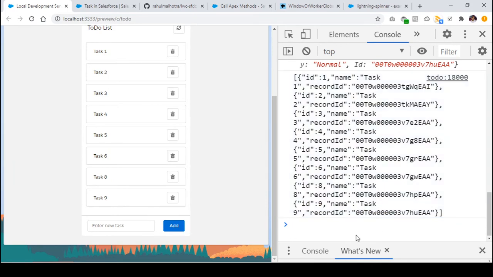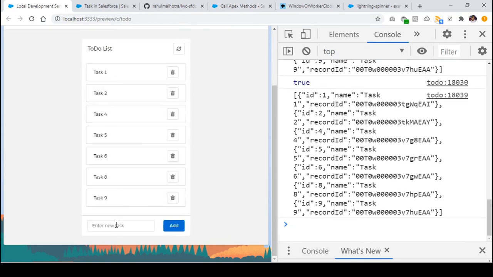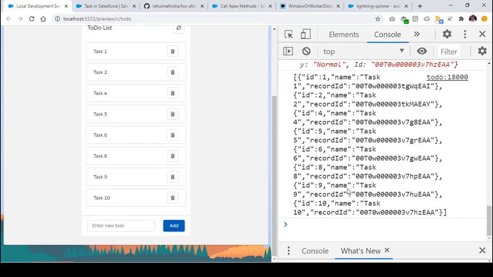So this time I didn't get any issue that the key is duplicated, because my key is unique each time. It doesn't matter from where you are deleting the elements in the list. Let's say I deleted task number 3, and I'm adding task number 10 here, right? So in this case also my ID will be unique, which will be 10.